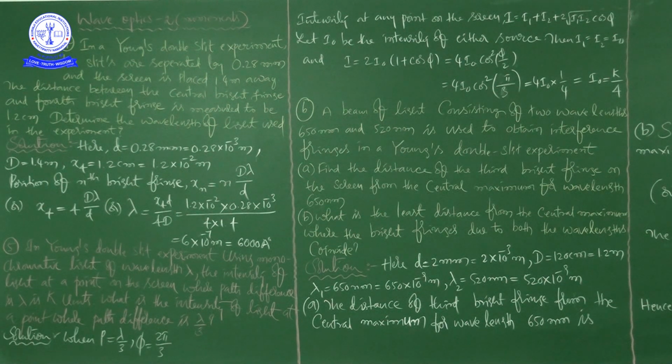So 7 colors are present in white light, so white light is not monochromatic, it is polychromatic. If you want to take a monochromatic light, you have to take the primary colors, red, blue, green, RGB. Any one you can take, it's not a problem. That's why he mentioned specifically in Young's double slit experiment using monochromatic light of wavelength lambda. Remember one thing, in a physics problem every word is important, because you may think that whether they have given monochromatic or polychromatic, we may get the same answer.